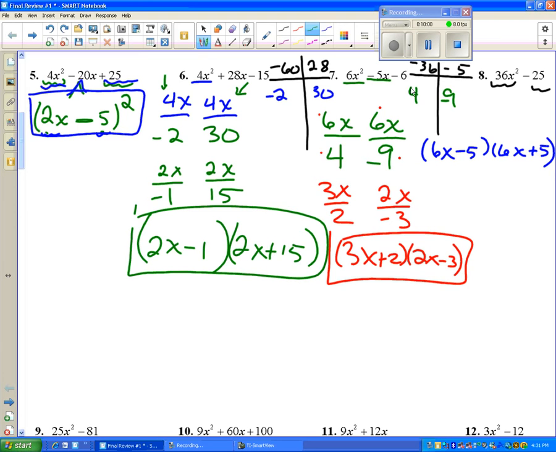If I FOIL this out, 6x times 6x is 36x squared. My outer, 6x times 5, would be positive 30. My inner, negative 5 times 6x, would be negative 30. So they cancel. And my last, negative 5 times 5, is negative 25. So that is my answer: 6x minus 5, 6x plus 5, a difference of 2 squares. Let's move on